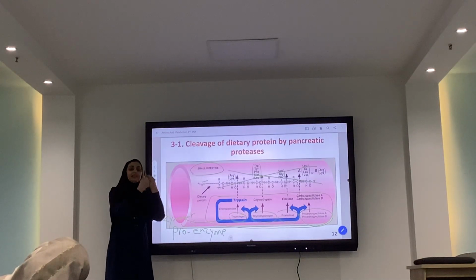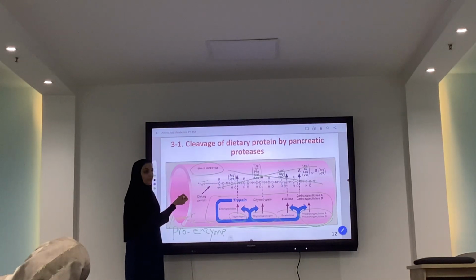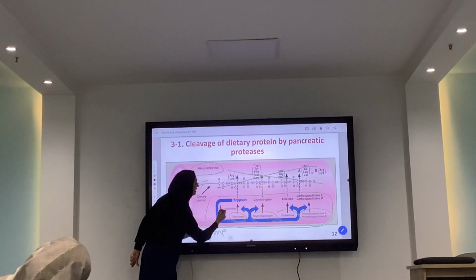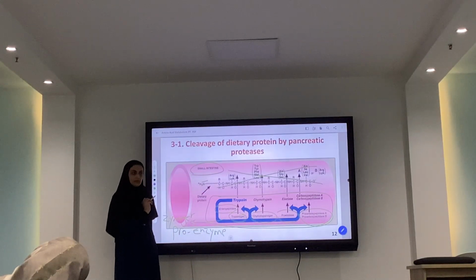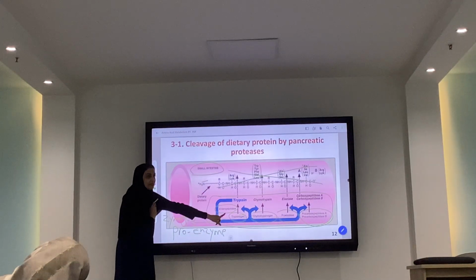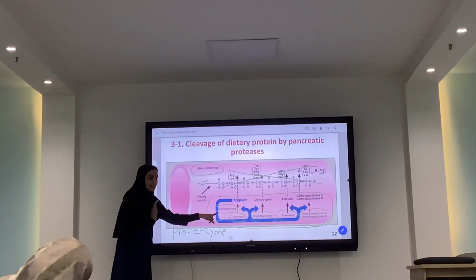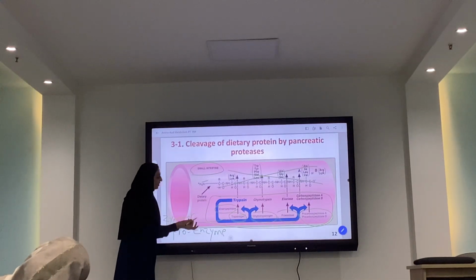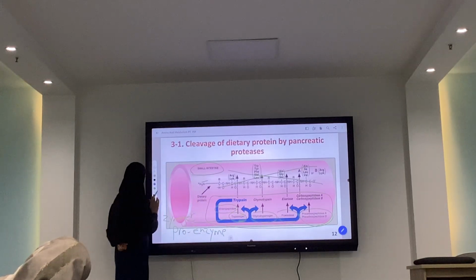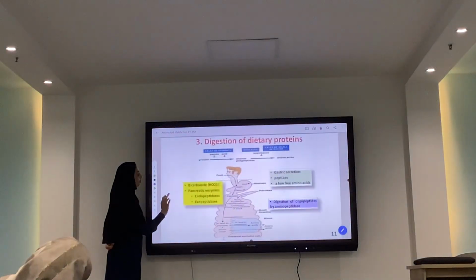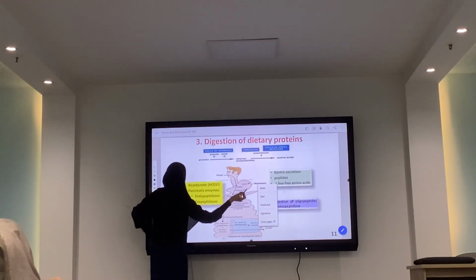They should be activated. How? When the protein comes to the intestine, by an enzyme under the name enteropeptidase. It is in the small intestine. When the pancreas secretes the enzymes to the small intestine, from here, the pancreas secretes the